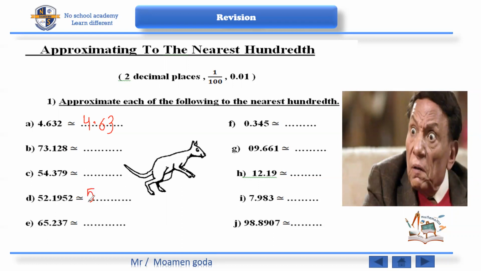So the answer here will be 52.2. And as we said before, if you write 0 here, right of the decimal point, it means nothing, so I will not write the 0 here. And these are the steps you have to follow when you're rounding to the nearest hundreds or the nearest thousands and so on. Okay? Okay, I hope you can understand what we finished,